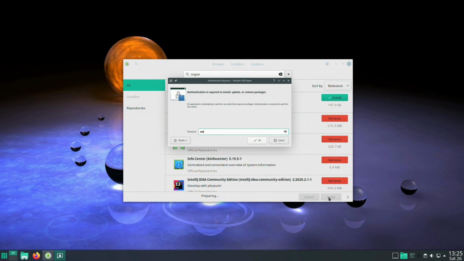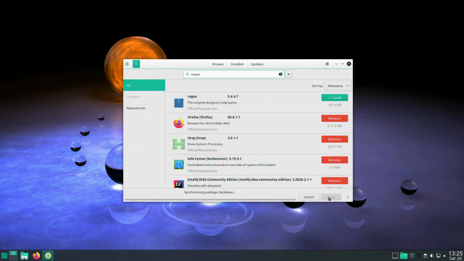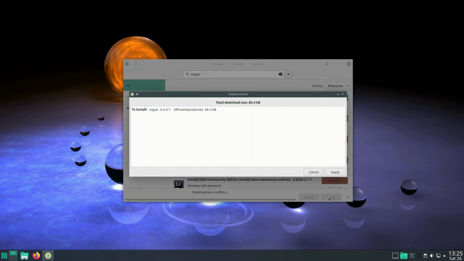You can play this online. So if you're on Windows, just play online. Just go to a browser and just type in Play Rogue or whatever. Official repository is 85.4 kilobytes. Now you're coming down to about times 10.